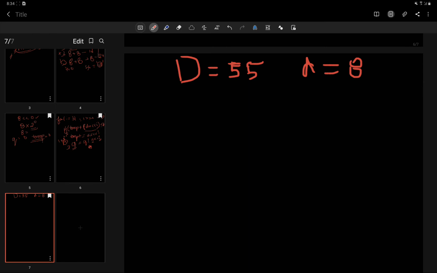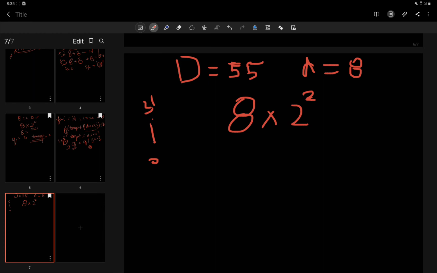For the loop from i equals 31 going down to 0, I told you that we check 8 into 2 to the power i. 2 raised to power 3 is 8, so 8 into 8 is 64. And for i equals 2, 2 raised to power 2 is 4, so 8 into 4 is 32.